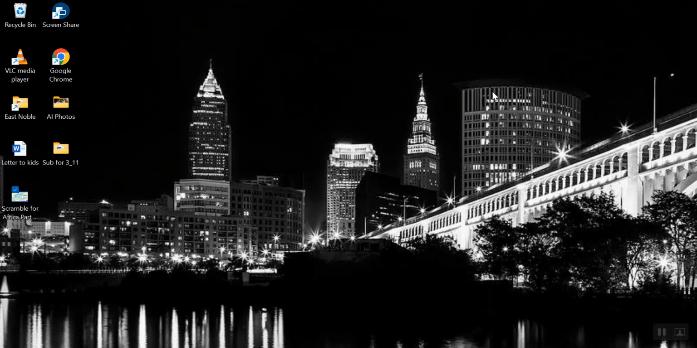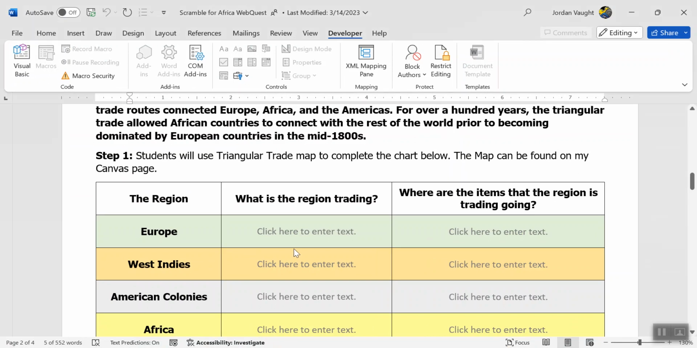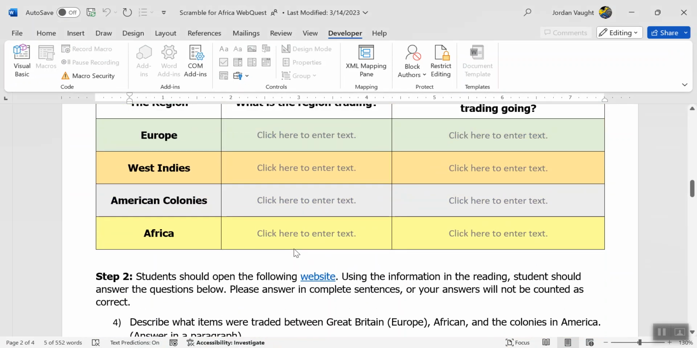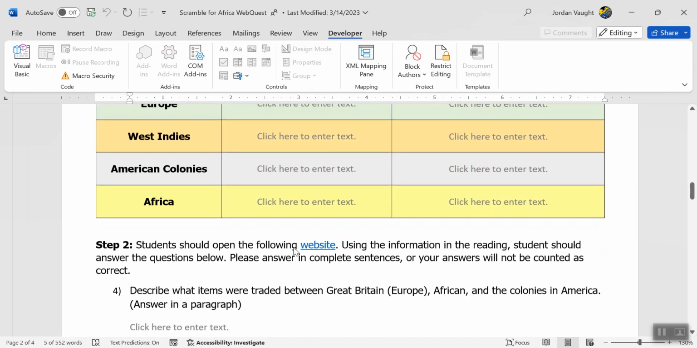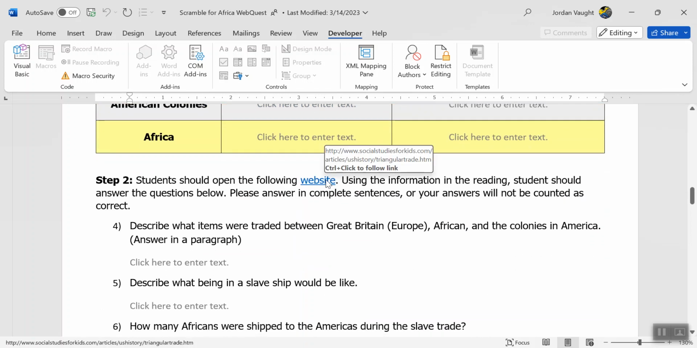So tell me, what are they trading and where is it going? So that's what you need to fill out for that one. And yes, you need to put all of them. I can already hear you guys telling me, do I have to put all of them? Yes, you do. Next one, I have a website for you to use, so you're going to click on that,